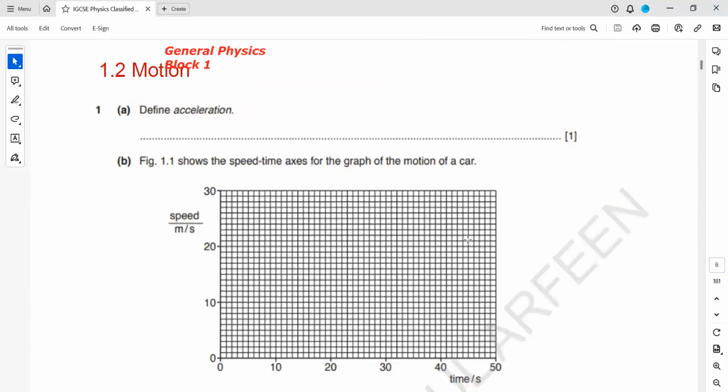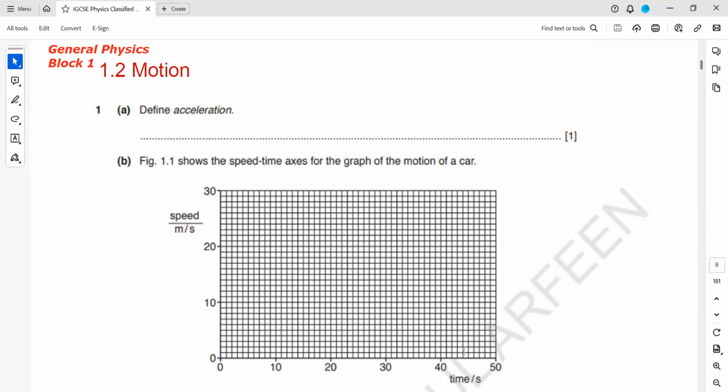So page 7, page 8, you can use chat, you can use mic or screen annotation. Question related to block 1. Define acceleration. How do we define an acceleration? Yeah. Change in velocity over unit time, or